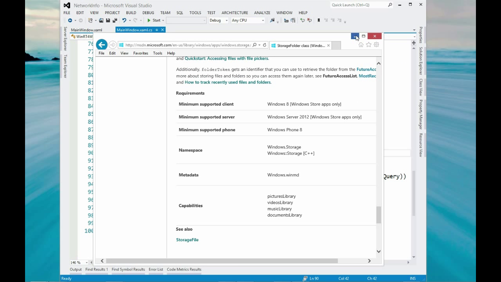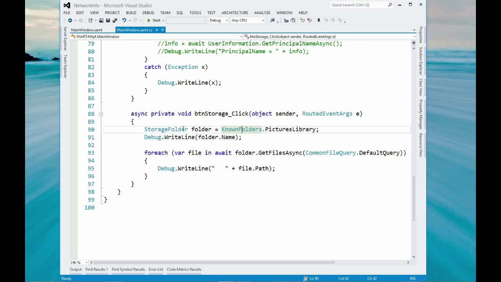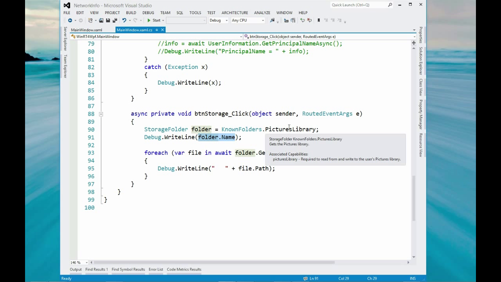But you can. Yeah, you can use a storage folder and storage file in a desktop application. This is what I have done here. I have used the storage folder from the picture library, get the name of the folder, and I'm using the power of the search in WinRT to get the files in this folder. So here I'm using the default query, which is the usual one where you get all the files in this specific folder. And if we run this one,